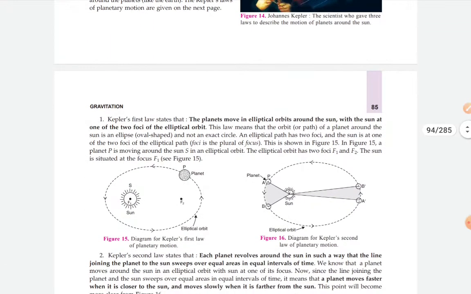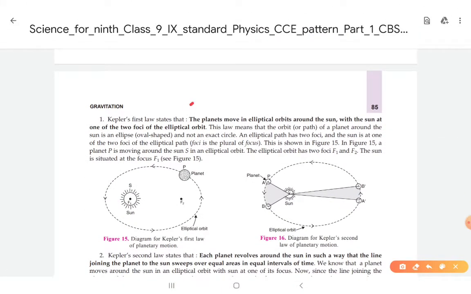Okay, first law. Kepler says, you can read from here also, that the planets move in elliptical orbits around the sun, with the sun at one of the two foci of the elliptical orbit. Okay, what does it mean? Let me explain. You can see here, this is the sun and this is the planet. According to Kepler, the planet always revolves around the sun, and the path of this planet is elliptical, not